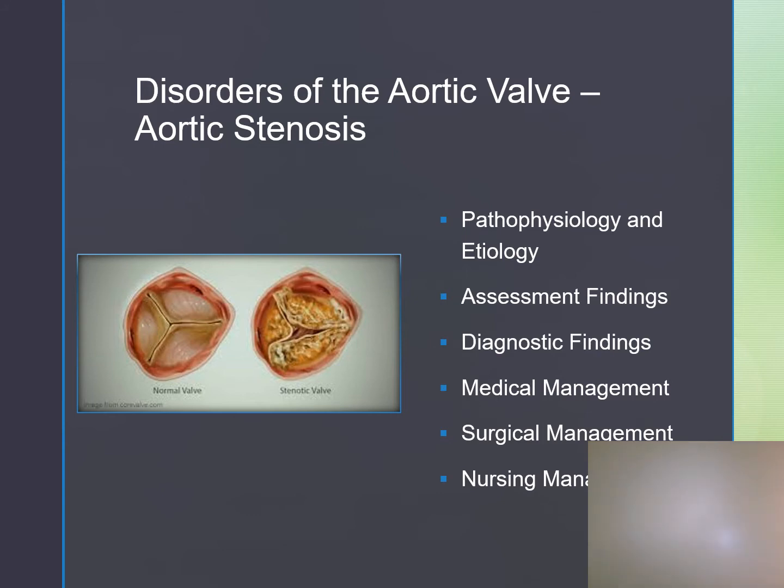Diagnostic findings: we may do a chest x-ray, an echocardiogram, an ECG, and cardiac catheterization. To manage it, we would try to maintain adequate cardiac output through the use of digitalis, diuretics, sodium restriction, antibiotics, nitrates, and beta-adrenergic blockers. Surgically, we may do a balloon valvuloplasty or an aortic valve replacement or a transcatheter aortic